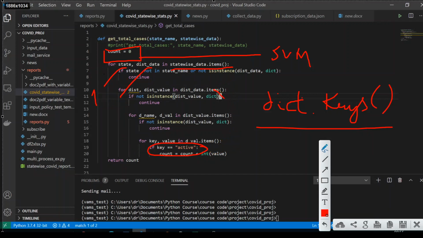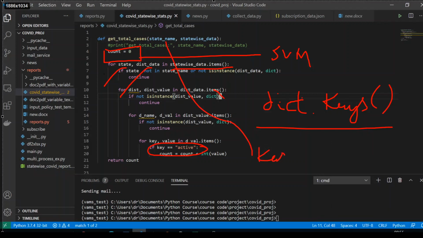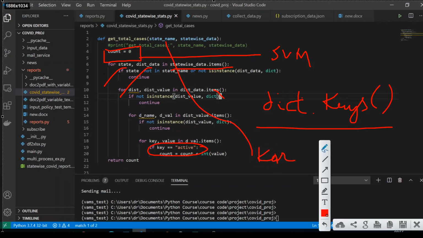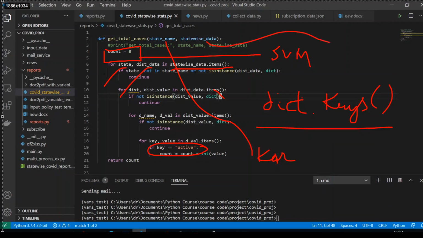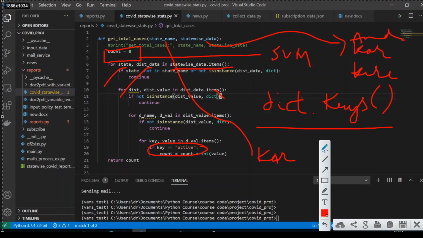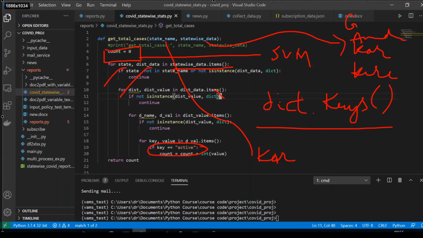Okay, so let us go further. Say, for example, I have passed Karnataka as a state name, and state wise data has all the states: Karnataka, Kerala, Andaman Nicobar, and Goa, all the states, even the Union Territories as well.